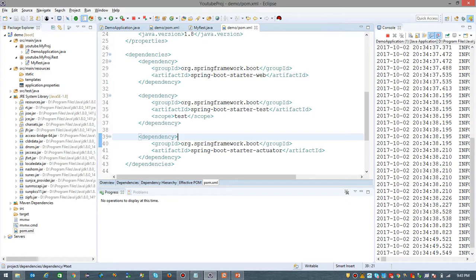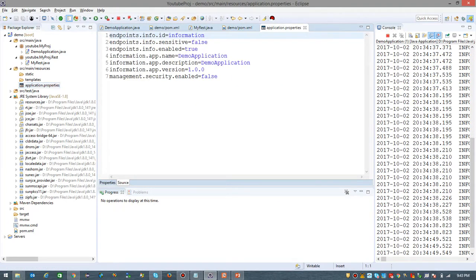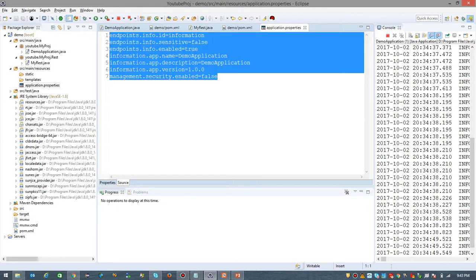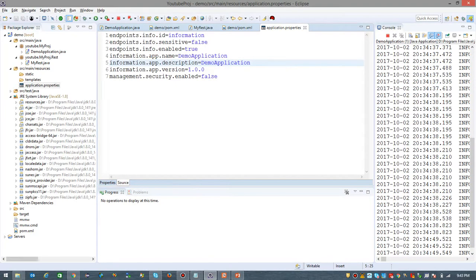The second thing is in the application.properties, I have used this. This is some information for you as of now, and this is the most important thing. For example, in management.security.enabled, if this is true, you will have to provide authentication mechanisms to check the status of the